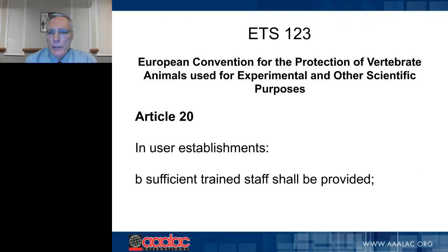And then also ETS 123, which is the European Convention for the Protection of Vertebrate Animals, really surmises and supports the verbiage from the two other primary references, where staff should be sufficiently trained in their duties. And so I think it's important to realize that all three primary standards are very supportive and in agreement in that regard. But let's now look at some verbiage, particularly from the 2011 Guide, and look at some of the language